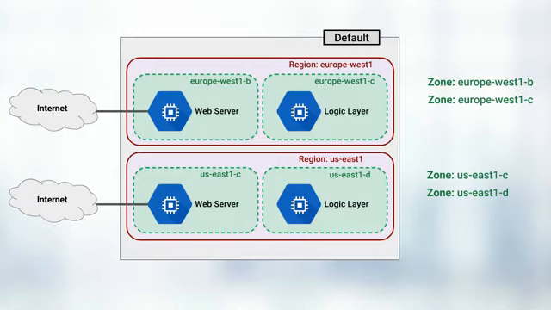Similarly, we could put the front ends behind a shared load balancer of their own. With this setup, we could suffer any one front-end zone outage and any back-end zone outage and still keep our application running. In addition, users could share a single global IP address with traffic still routed to their nearest front end.